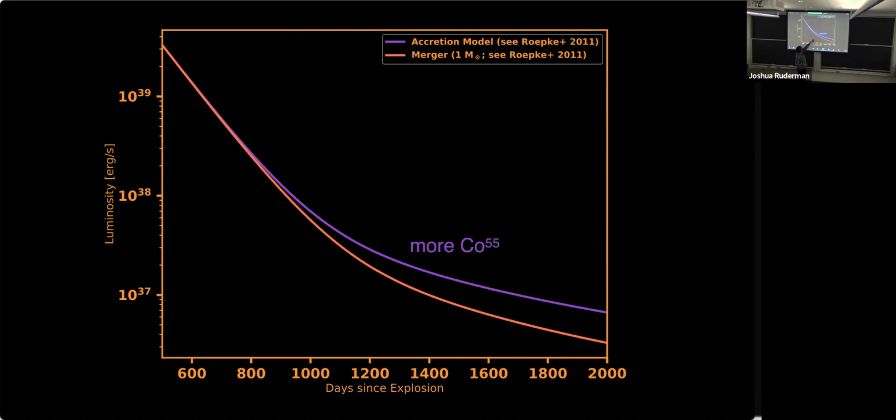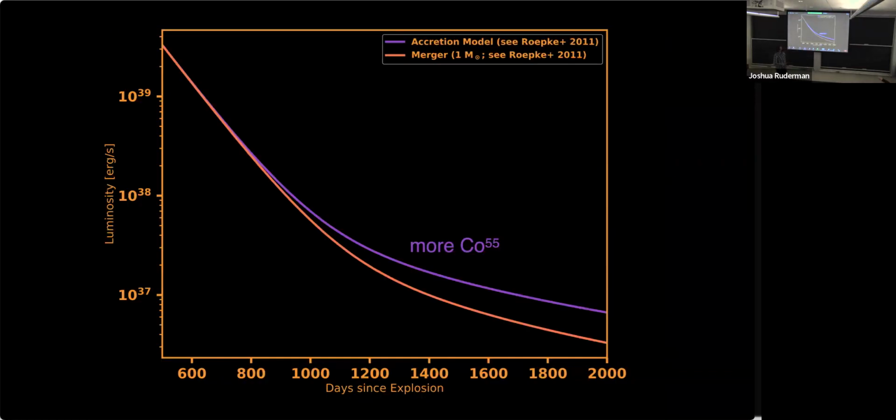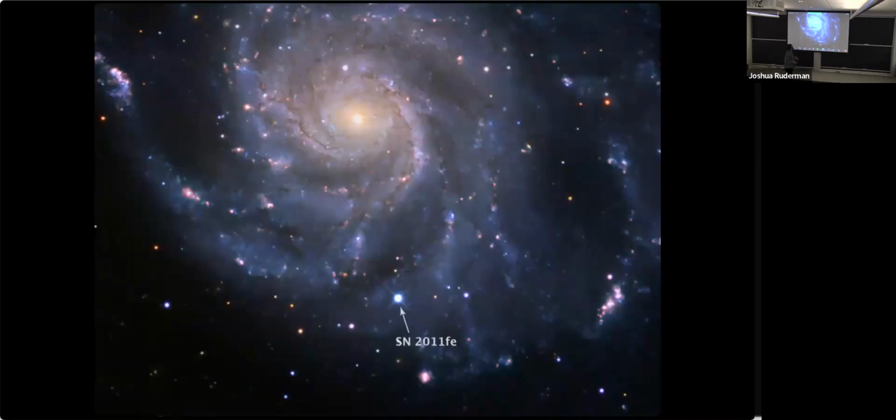Rob Goodall have done this and said that if you look at the bolometric light curve, and bolometric means actual bolometric, 0 to infinite wavelengths, you would see a difference here. Luckily, you would see a difference if you had an accretion model versus, okay, this is a merger. This is an accretion, but ultimately it is the central density of the white dwarf that exploded. So we cannot say anything directly about accretion or merger; we can only infer circumstantially. But if we can measure this difference and say which one it is, that would help us.